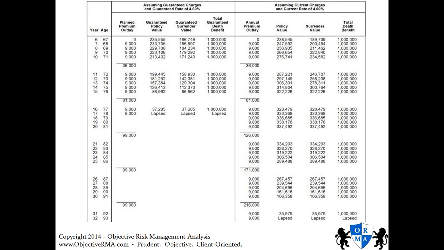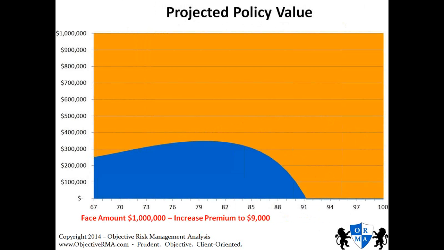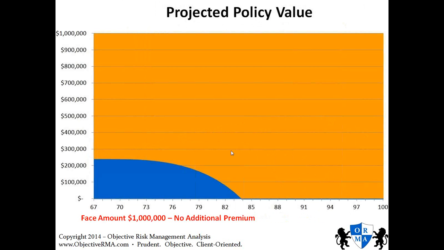That's a great question. I'm going to go back one or two slides here. Let me go back to the original. This is the current illustration for this particular client. Right now the client is 67 years old. His premium schedule, based on what he's paid and the interest carrying forward, shows that this policy is going to lapse around age 84. If he dies at age 76, he doesn't get any of this money, but in turn he gets the difference between what the policy value is and what the face amount is.